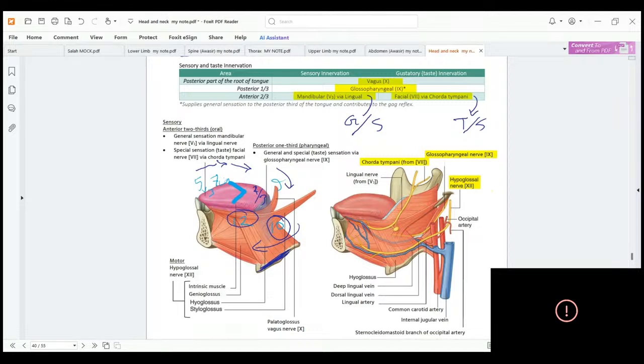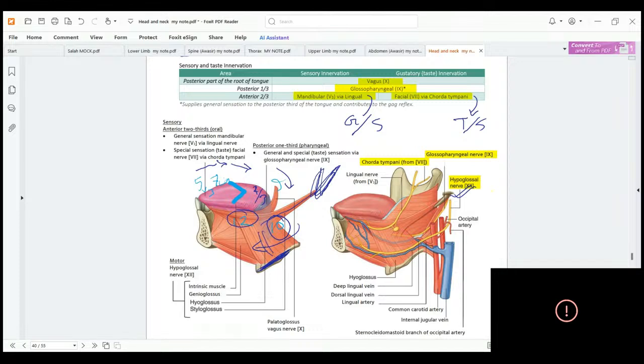Styloglossus goes with the styloid process, right? From the styloid process we get styloglossus. Glossus means related to the tongue. So styloglossus with the styloid process, hyoglossus with the hyoid bone, and genioglossus,